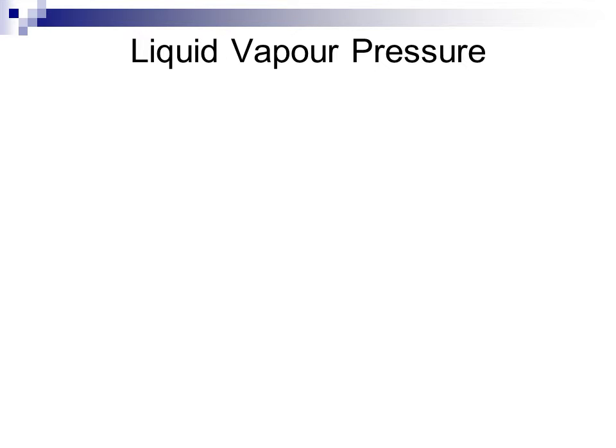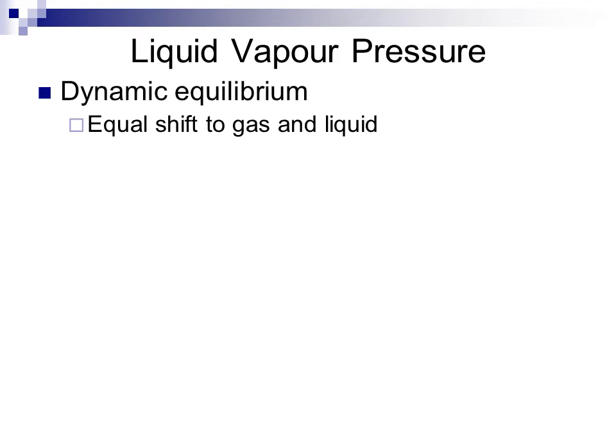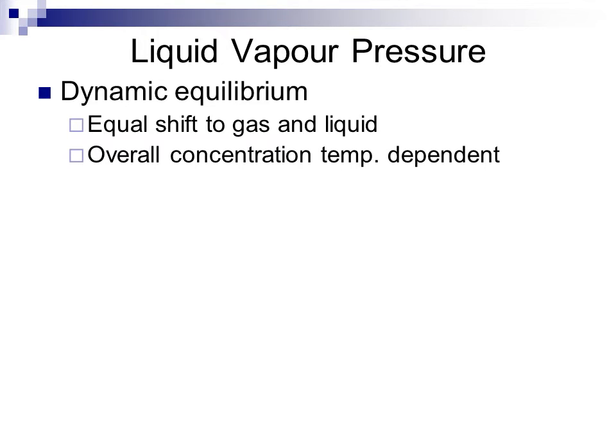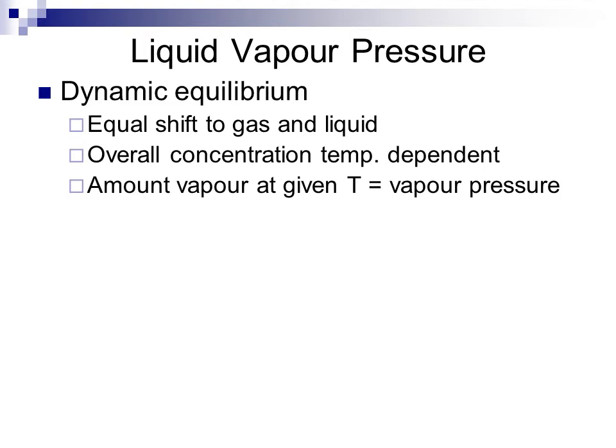Liquid vapor pressure reflects this dynamic equilibrium that we experience. When we have an equal shift between gas and liquid, a certain amount of gas is dependent upon the temperature at which the whole system is contained. So the dependency upon whether a substance is primarily liquid or primarily gas is a result of the average temperature that it is held under. The amount of vapor then depends on the given temperature, and the amount of vapor at any given temperature is referred to as vapor pressure, because this vapor that exists within the closed container exerts a certain pressure on